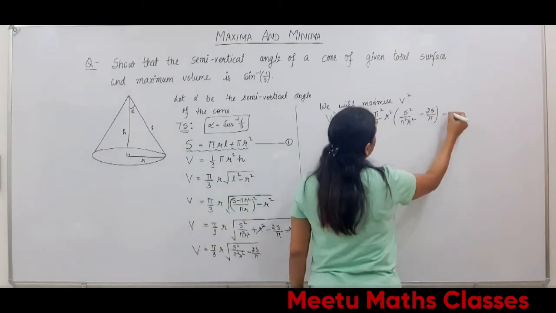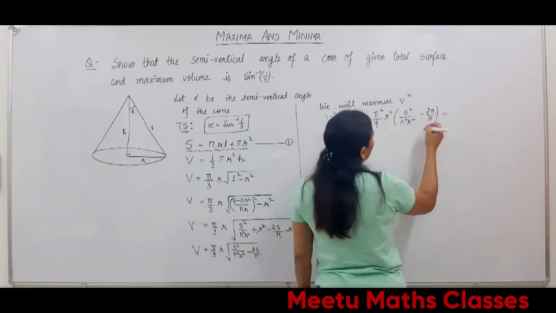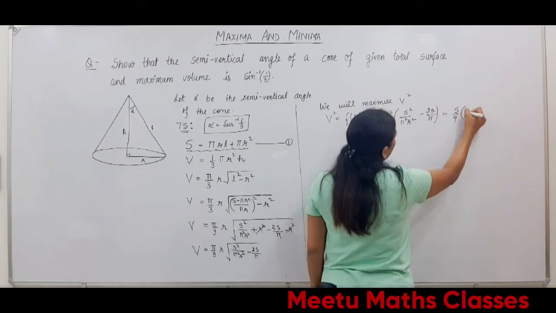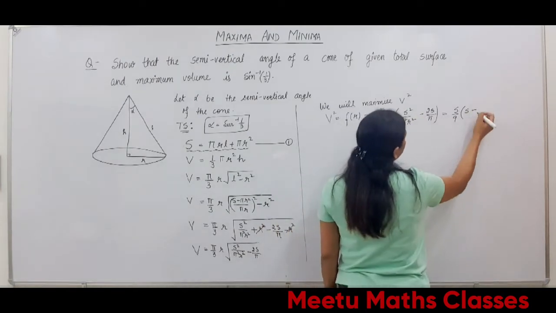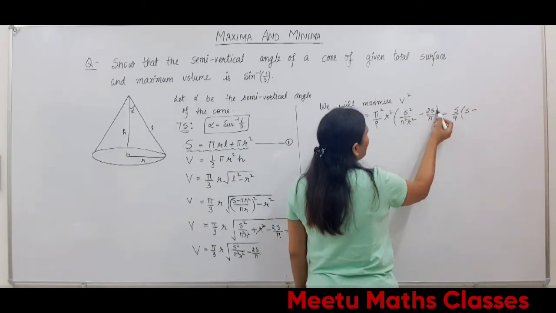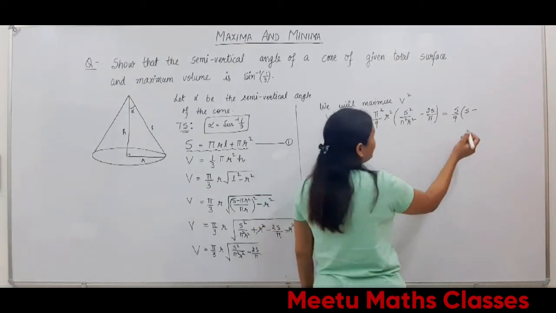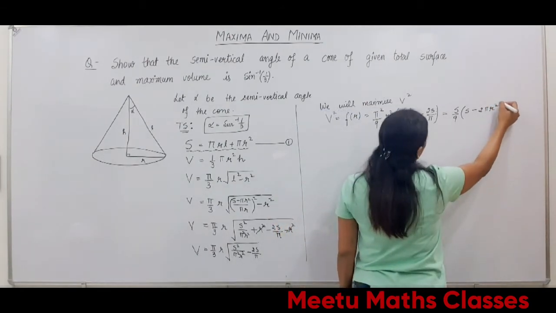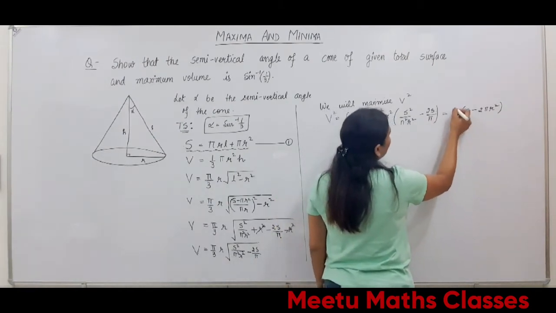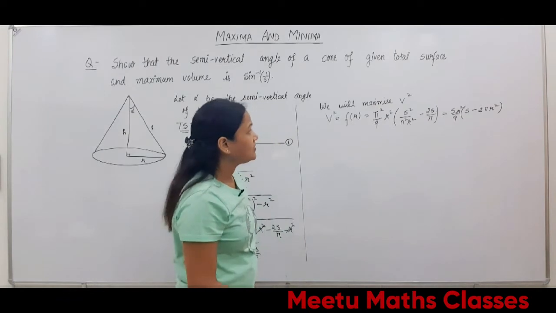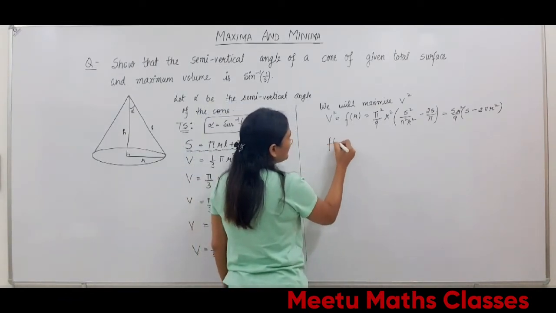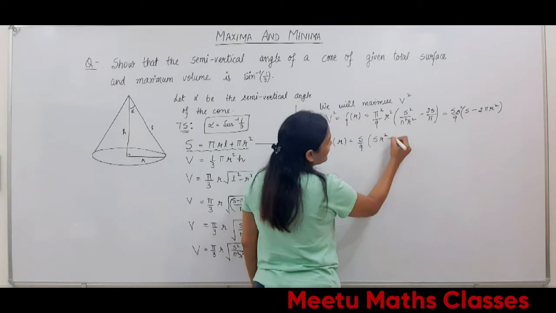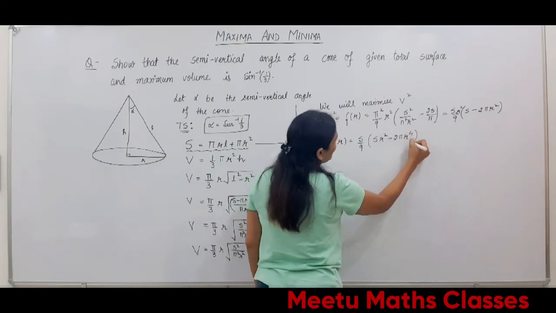Now this can also be written as, if you take pi square r square common, and this will cancel out, and take s common, then s by 9 and s minus, from here, pi square r square. So pi s square, pi r square will be multiplied here. Now you have to write r square here as well. Now your function of r will become s upon 9 s r square minus 2 pi r raised to power 4.